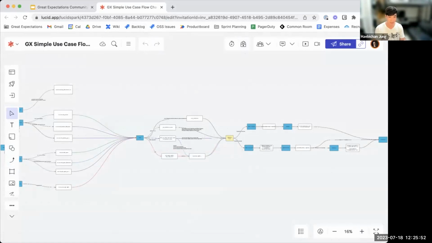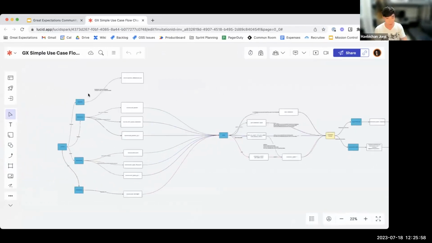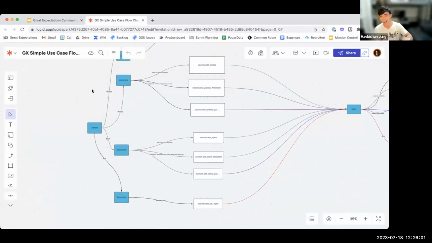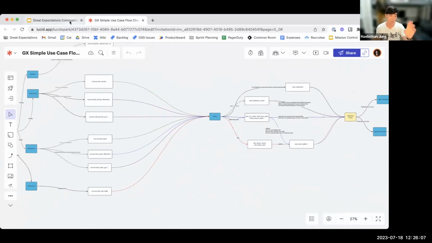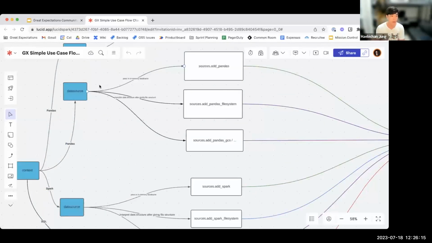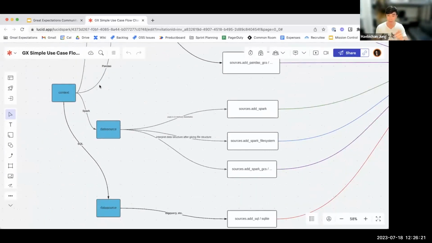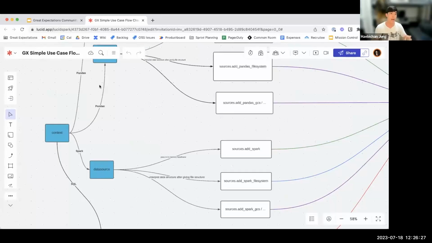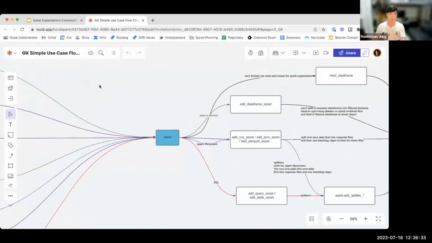What's essentially happening is, yes, there's a lot of movement, but we're basically taking one data source, one asset, one batch request, one validator, and then one checkpoint. It's one of each. And there are different ways to execute this. What do you want your data source to be? Do you want it to be pandas, or a SQL database like Redshift, or Spark? There are different ways to navigate through this flowchart. You can go back and forth. It's a simplified but visualized way to understand how to implement our system from beginning to finish.